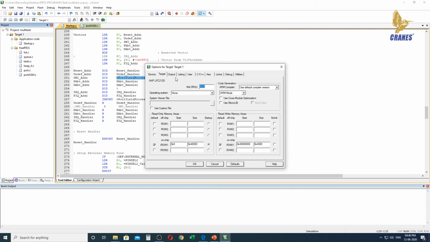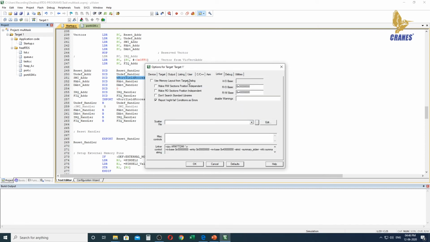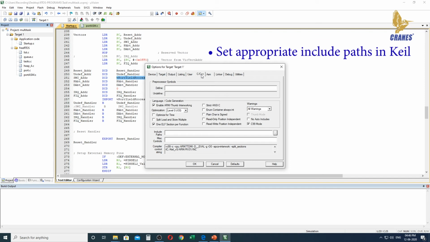Under that we will basically do 2 changes. One is creating a hex file under the output section, and under linker we will use the memory layout. Apart from that we need to mention where our C file is present. As we already know, our FreeRTOS is present under our C drive, so we need to include that path.